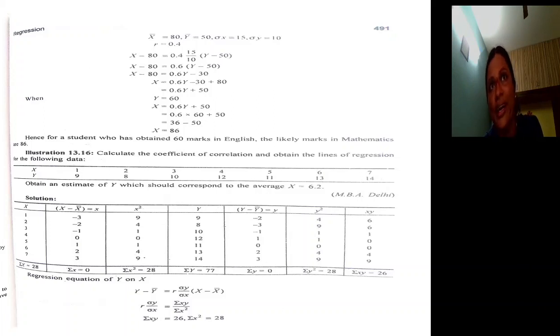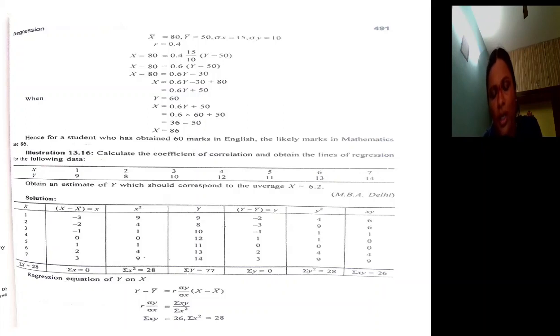How can we calculate regression coefficient based on actual mean? The formula is sum of x minus x bar into y minus y bar divided by sum of x minus x bar square. Don't write in the way in which it is given here. So write what we studied. So r into standard deviation y divided by standard deviation x is nothing but byx, that is regression coefficient y on x, which is equal to sum of x minus x bar into y minus y bar divided by sum of x minus x bar square.